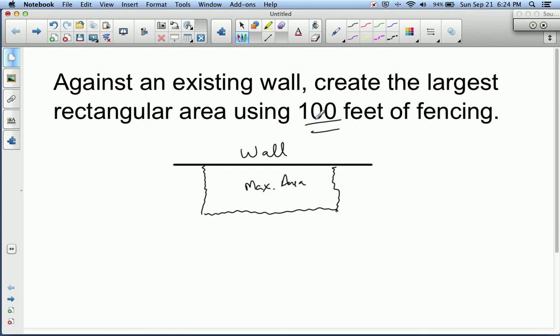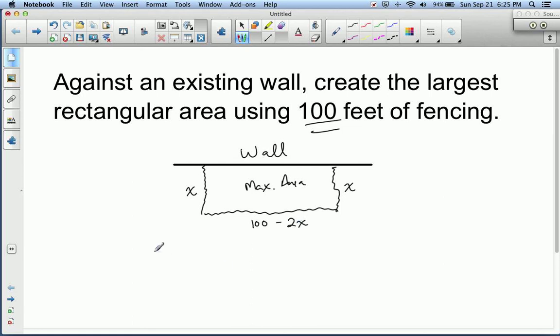It's a rectangle. So we know that the widths here are both the same. We don't know what they are, but we know they're the same. So we'll call them x. So at this point I've used up 2x feet of fencing. Let's say x is 10. We've used up 20 feet of fencing, which means we have 80 feet left. Okay, so if it's 20 for x, we've used up 40 feet of fencing, meaning we have 60 left. Well, I've used up x and x. I've used up 2x, so I have